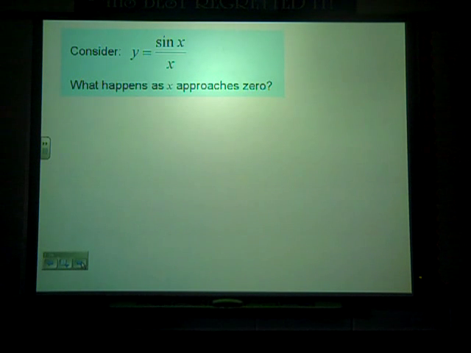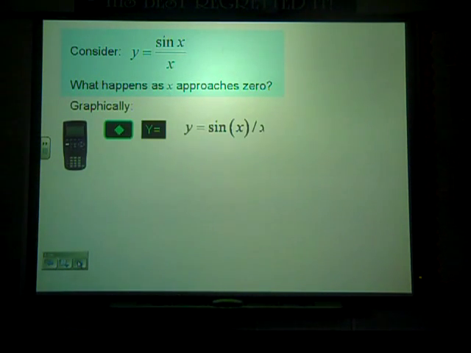Now, we can look at those things a lot of different ways. Now let's look at y equals the sine of x over x. This one we aren't going to do analytically quite as well, but we always want to be asking ourselves the same thing with these limits. What happens as x approaches 0? Because the limit is just what the function intends to do. It may not be defined at that point, but what does it intend to do? So looking at that,